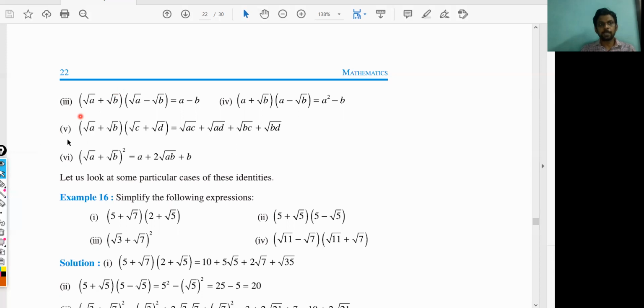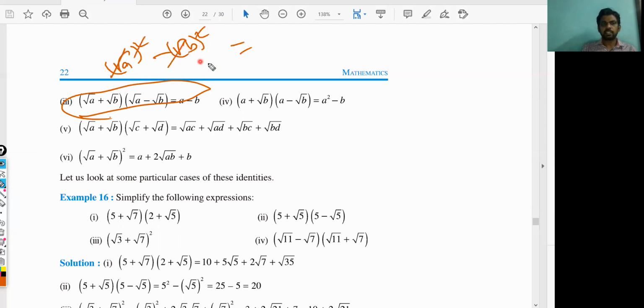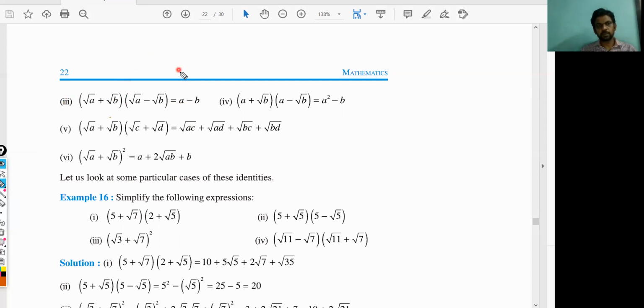Again, A plus B multiplied by A minus B will be A square minus B square. So in this case, it will be root A the whole square minus root B the whole square. Since I am squaring, squares and roots will get cancelled, right? As we have seen, these two are reverse processes like multiplication and division. So this will be A minus B. Fine. The same applies for the other formulas also. You just give a try.